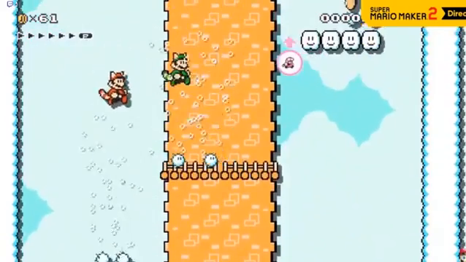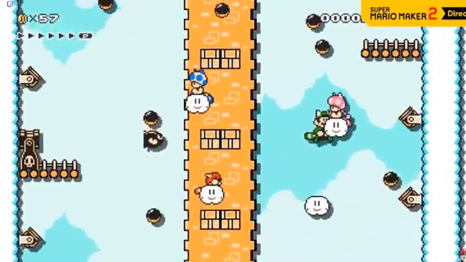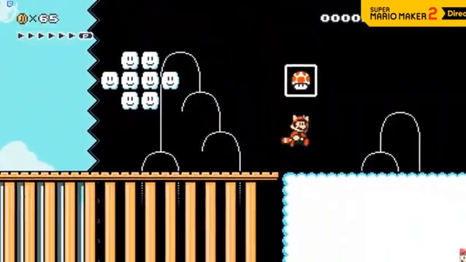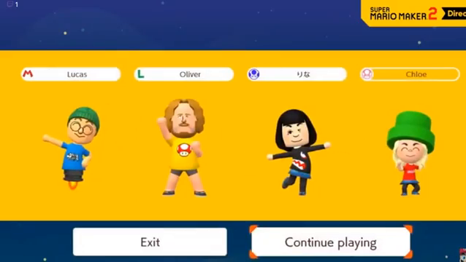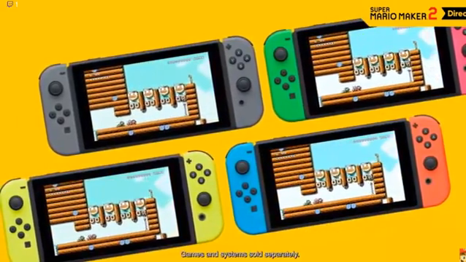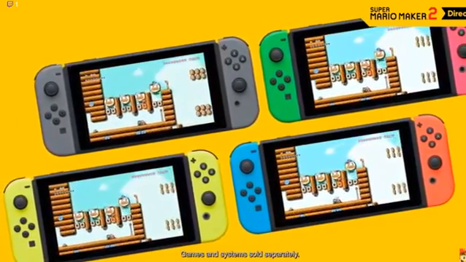In multiplayer co-op mode, on the other hand, all players must work together to beat the course. If a single player finishes it, everyone's a winner. If up to 4 players are hanging out together and each has a Nintendo Switch system,